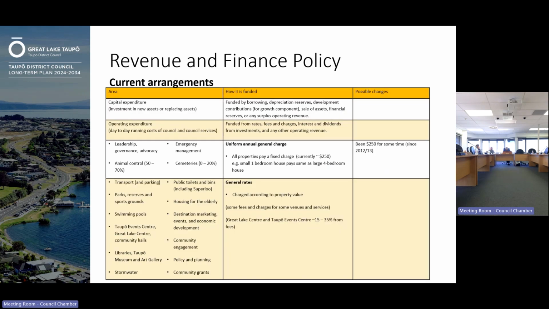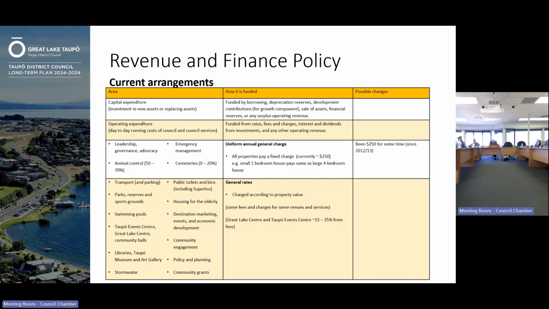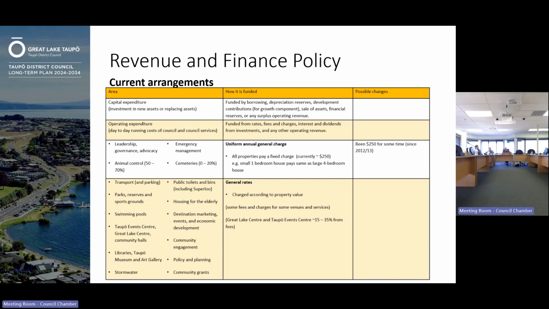Now we're going to get into them line by line. The first two are general. They're about how we fund capital and operating. There are important distinctions there. So capital, you'll know, we fund through borrowing. In the annual plan, we've got about 17 million in borrowing for about a 60 million capital program. Depreciation reserves, in the annual plan for this year, we're going to spend about 31 million from our depreciation reserves. About half of that's renewals, half of that's on new stuff. Development contributions for growth, and then any financial reserve returns we might have, sale of assets as well. Any surplus operating income, which used to exist, but I don't think exists anymore,